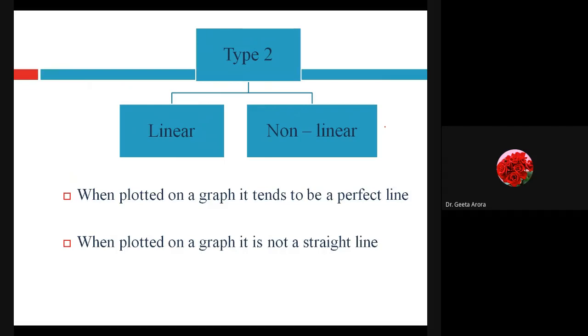So we give the name linear whenever there is a straight line existing. So here we are saying there is a linear correlation whenever we have the equation of a straight line, meaning we can draw a straight line in any form between the two variables. And if it is not drawn like a straight line, then obviously it is non-linear. What we are saying is about the linear correlation, because there could be other types of correlations also, correct? So we are going to investigate only the linear correlation, which is a part of our study.